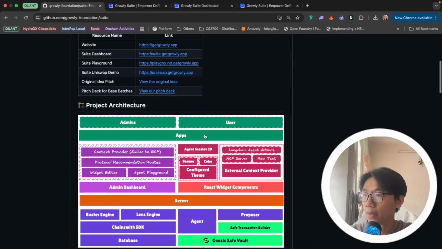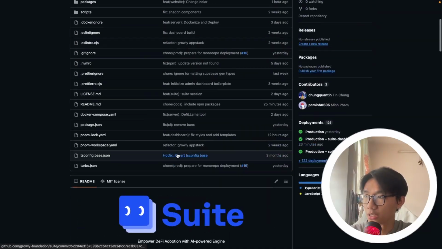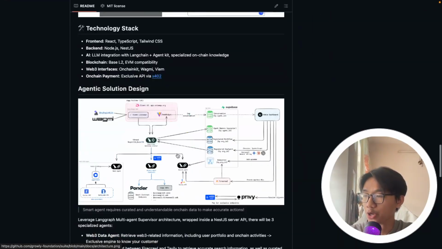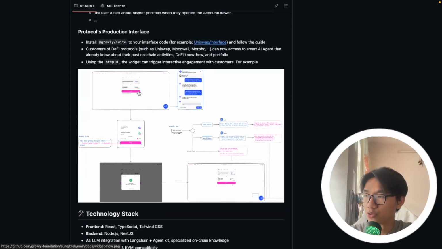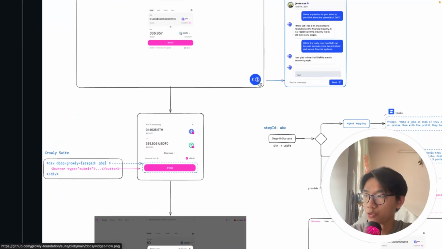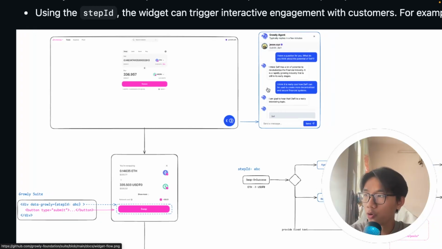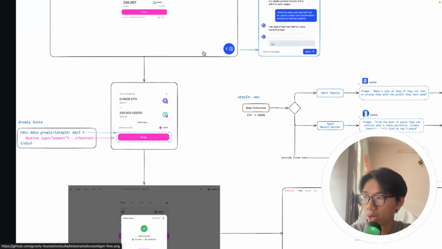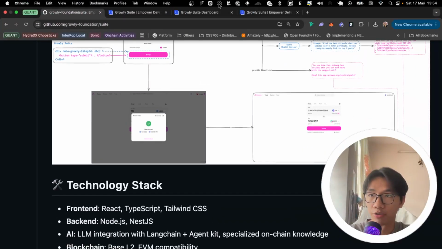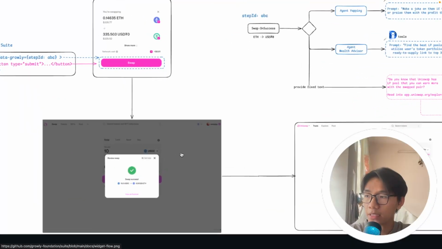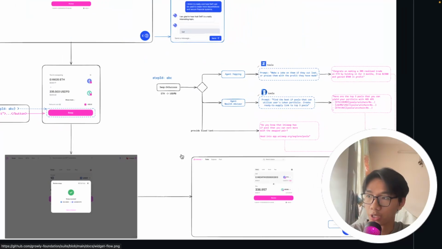Now I go back to talk a bit about our architecture. In our architecture, we have the widget, and we have a few different packages. Here is a mono repo, and we have the widget that can be integrated into the DApp. Here we also have the example to integrate to Uniswap, but currently it has an issue, so we don't have it in the demo. But it can be embedded into Uniswap, and then when you click on swap, it's going to trigger the workflow that I just demoed, depending on the condition that you provide to the workflow, and then it pops up, and depending on the action that you provide to the widget,